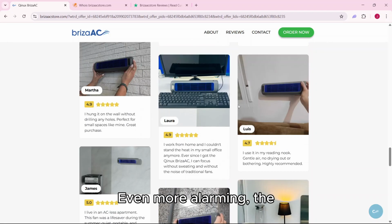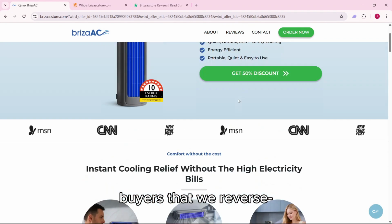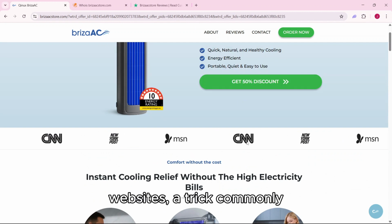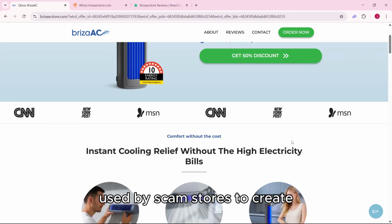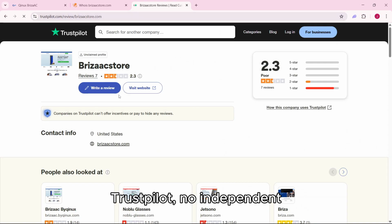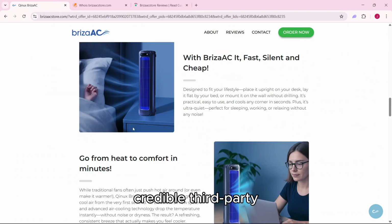Even more alarming, the customer review section is filled with images of happy buyers that we reverse searched and found to be lifted from totally unrelated websites, a trick commonly used by scam stores to create a false sense of legitimacy. There's also no presence on Trustpilot, no independent reviews, no YouTube testimonials, and no credible third-party validation for their